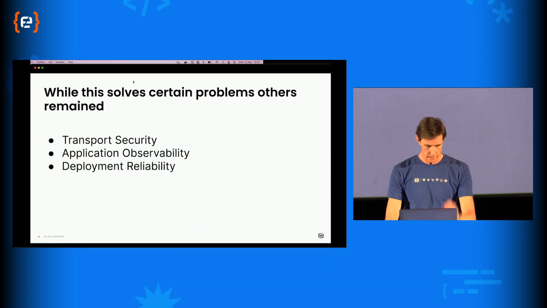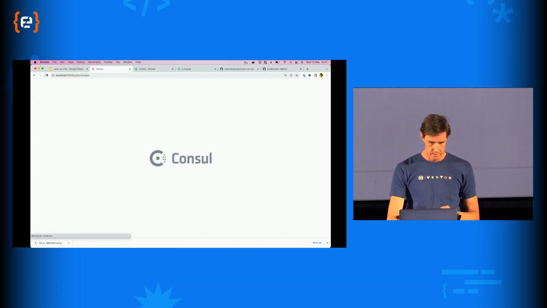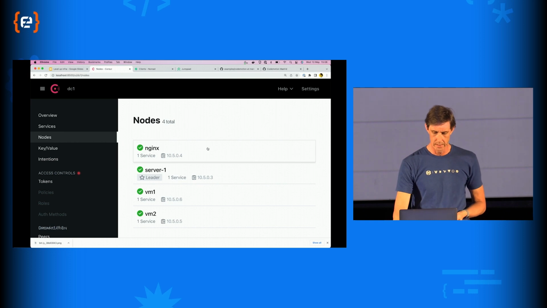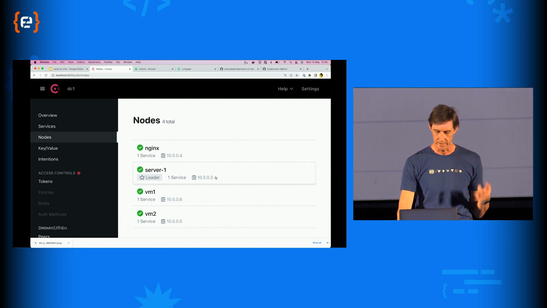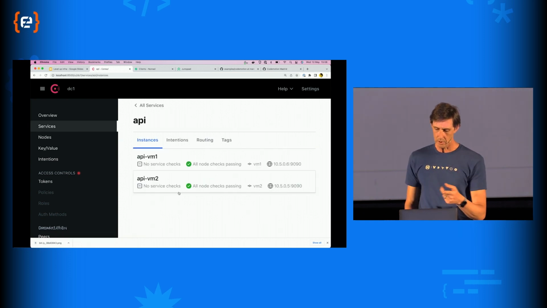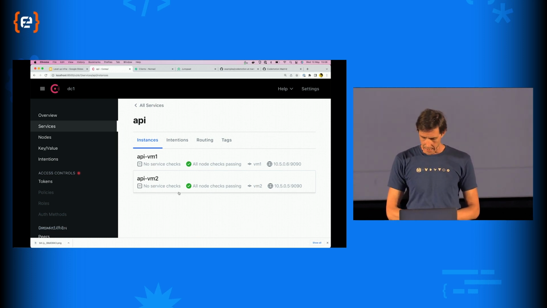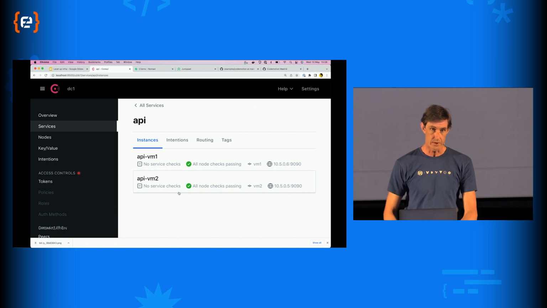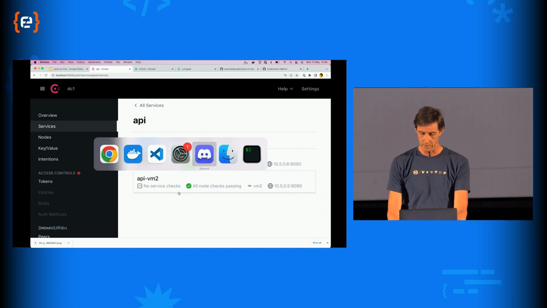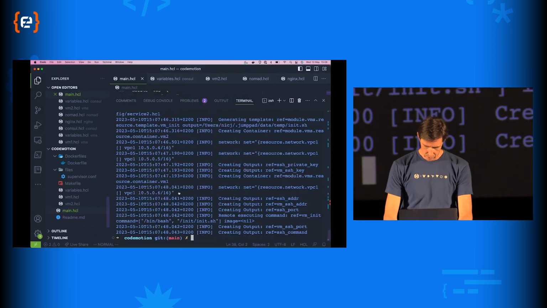And if I go over to the console UI, you'll see that I've now got my Nginx instance referenced. I've got my virtual machine there as the nodes. If I look at my service, you can see I've got 2 API instances, 1 and 2, and the Docker network locations for them. So again, exactly how you would have in your production setup, but everything running locally.